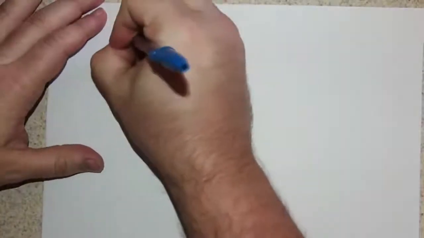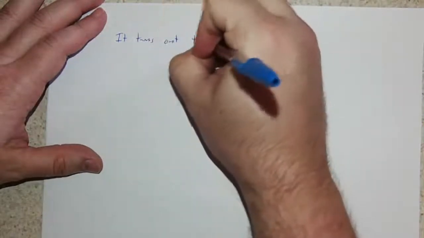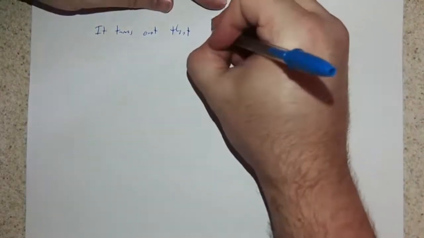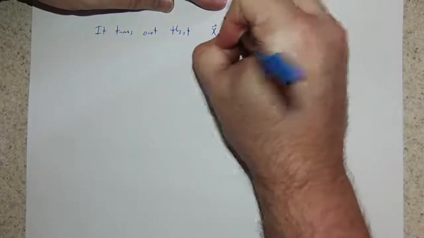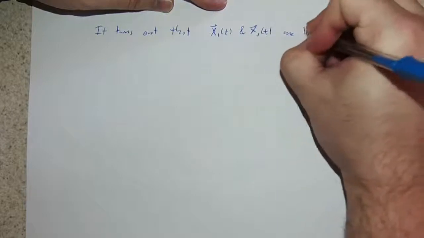It turns out that in perfect analogy with what we did when we first talked about general theory in chapter 2, x1 of t and x2 of t are linearly independent